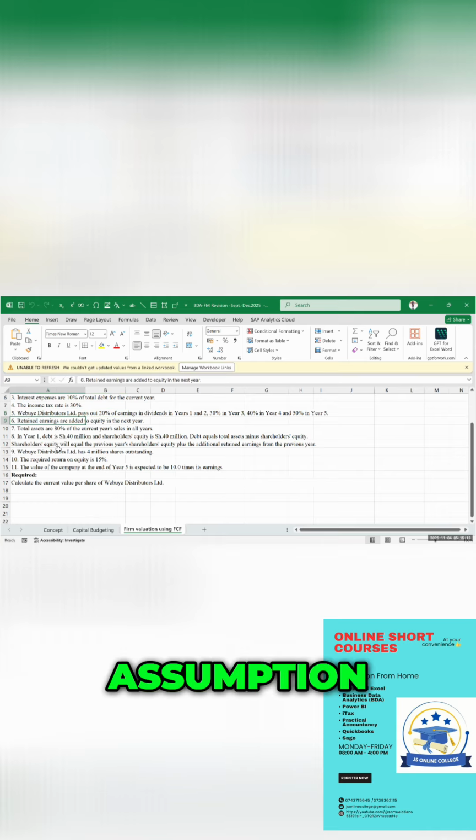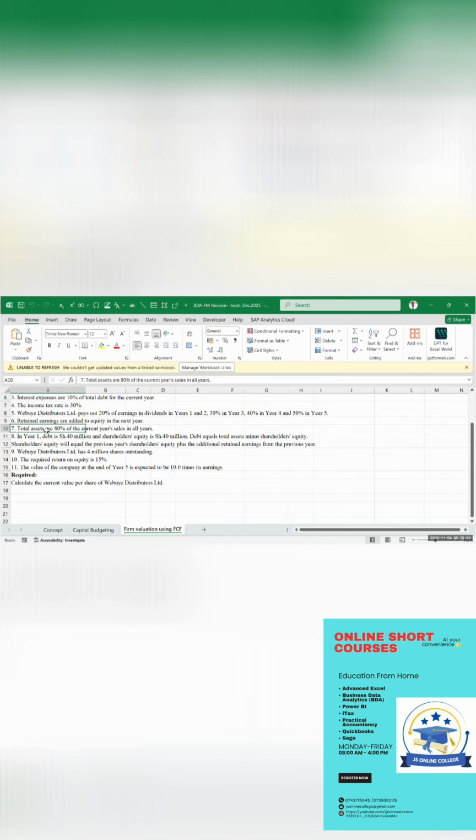The sixth assumption: retained earnings are added to equity in the next year. That is simply the treatment of the retained earnings. The examiner is telling us there. Number 7, we are told total assets are 80% of current year sales in all years. So the assets that we are going to use in our model statements, we are being told is 80% of